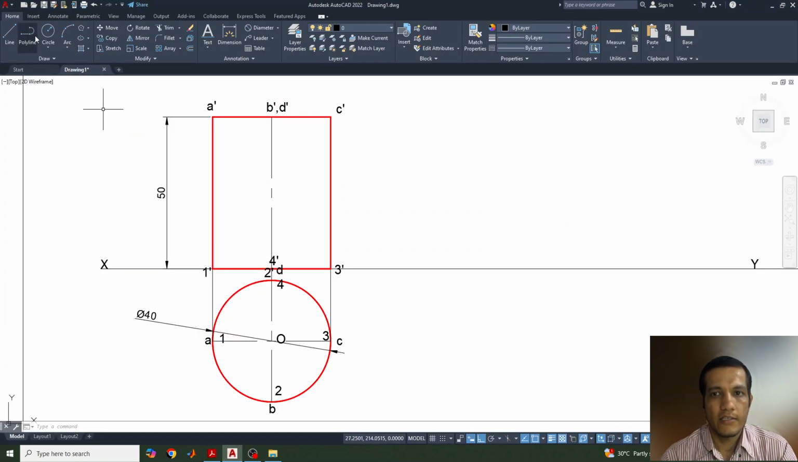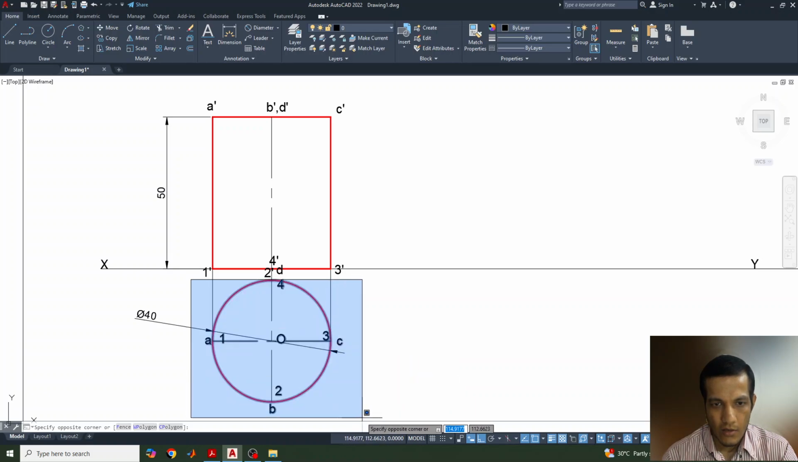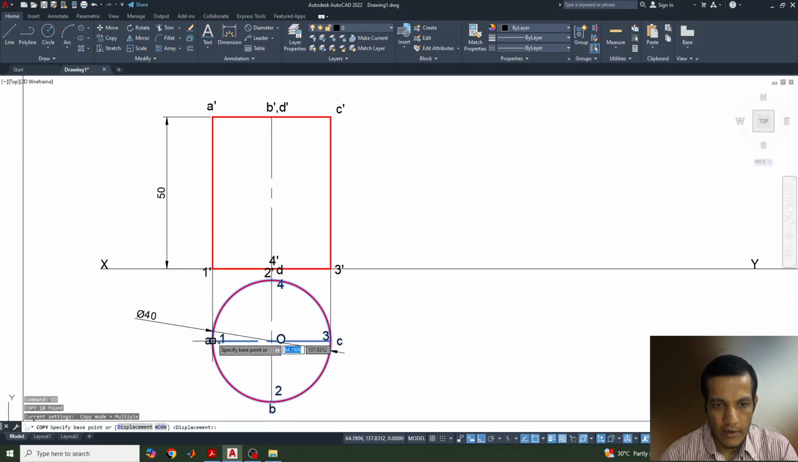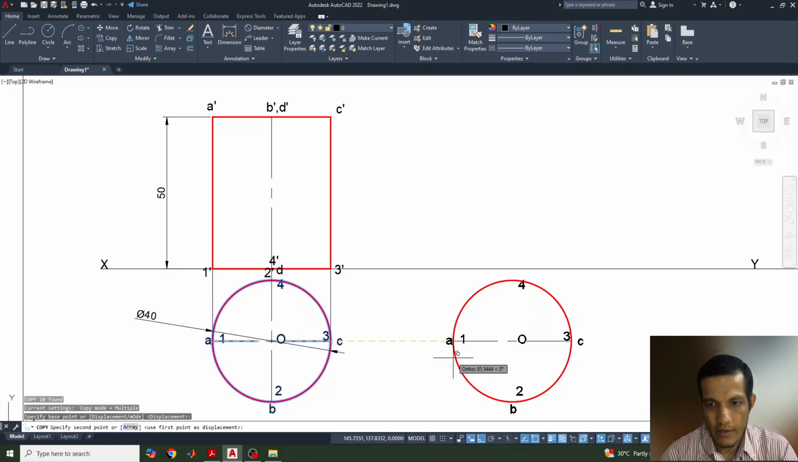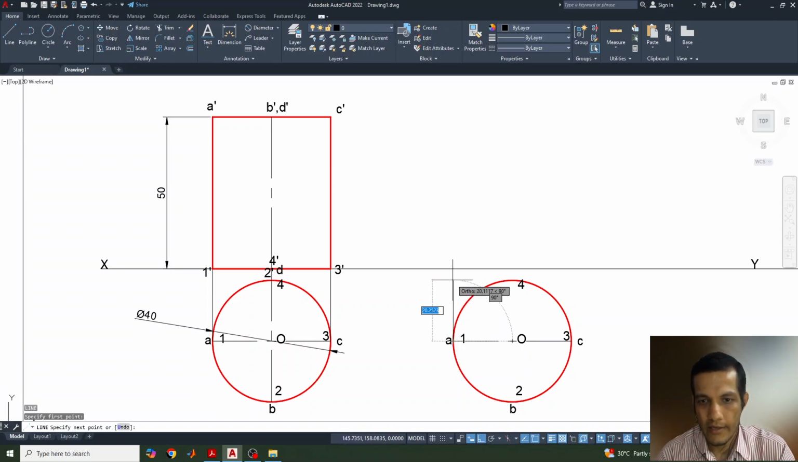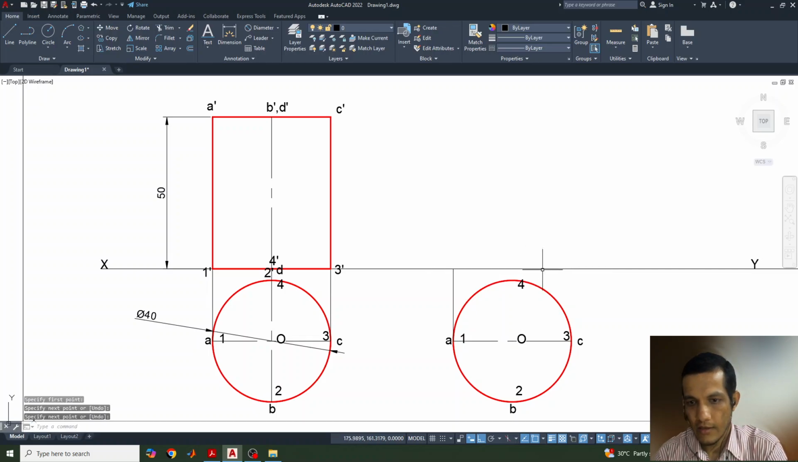Now again, just to select this one, we can copy it directly, we already drew it. So these things, just copy it, and from here to here we can move it. Okay, and another thing we can do, let's go for line, select this line, enter,